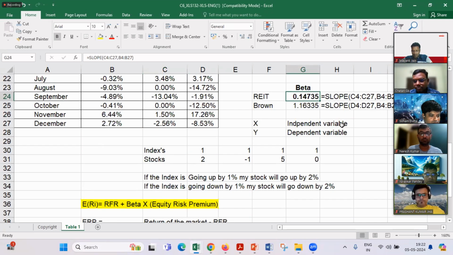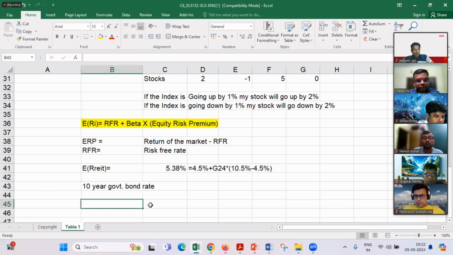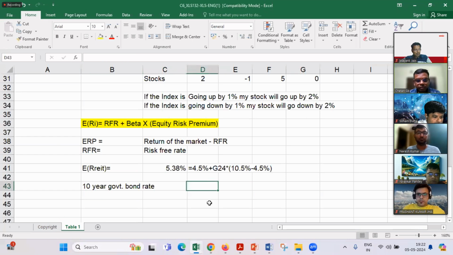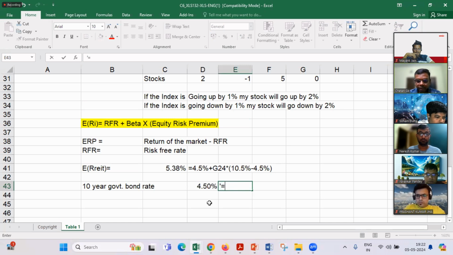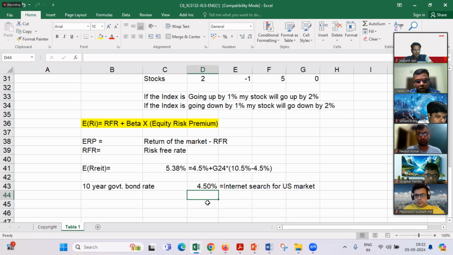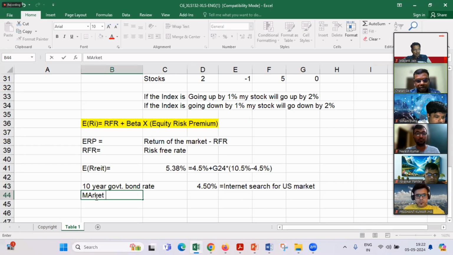Is it clear now? Let me formalize this. The 10-year government bond is 4.5%. How did we get this? Internet search, for the US market. How much is the market return?